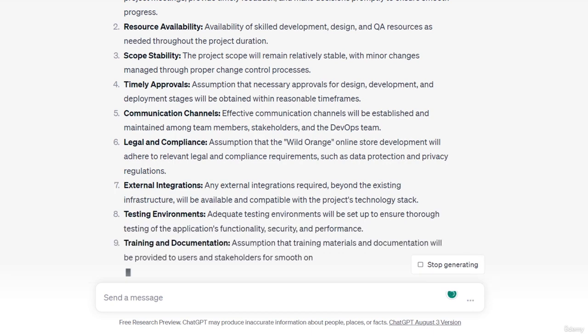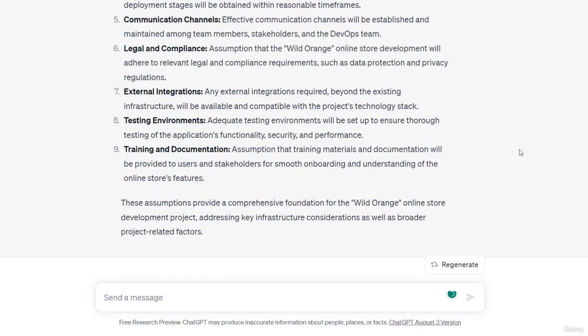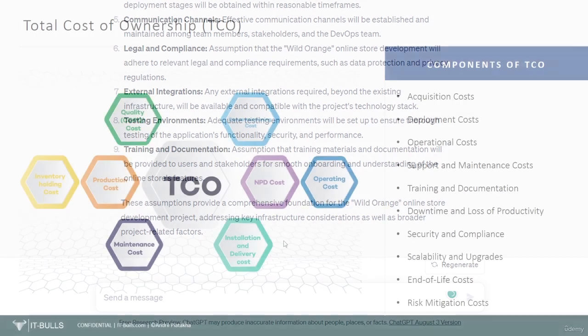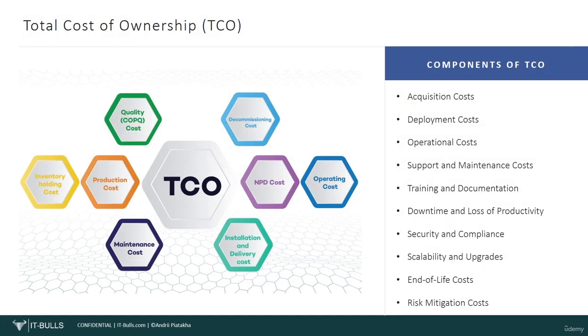I want to talk about total cost of ownership and why it is important. There is one topic that often remains underrated in IT projects. I mean calculation of total cost of ownership. Let's first understand what total cost of ownership is, and then we'll try to understand what we are going to do with it. The total cost of ownership includes all expenses associated with the life cycle of an IT